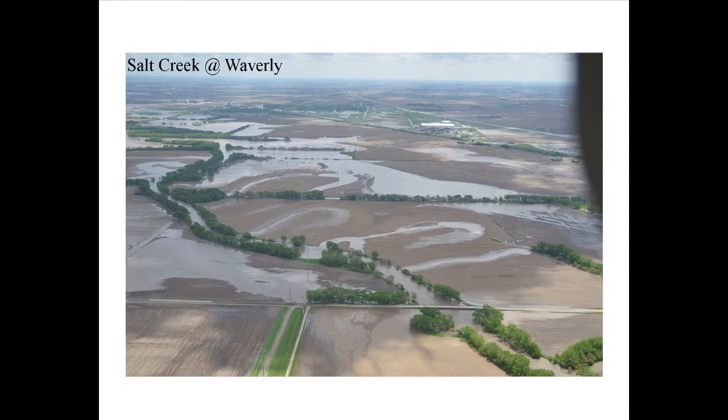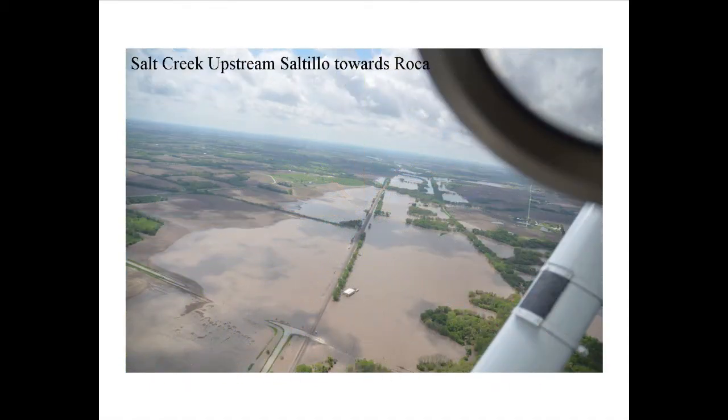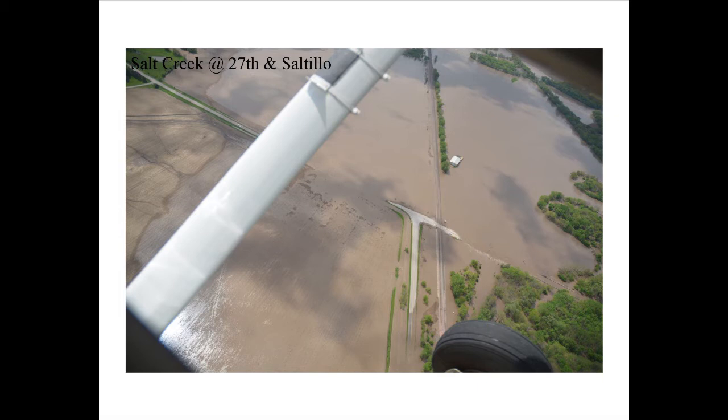To further assess the situation, NRD staff went up in an airplane and took some aerial photos. We have some amazing shots to show you, and so we begin in South Lincoln. Up in the air, we are looking towards Roca, south of Lincoln, upstream, looking at the Salt Creek floodplain. We're now looking at Salt Creek near the intersection of 27th and Saltillo, and as you can see, the floodwater